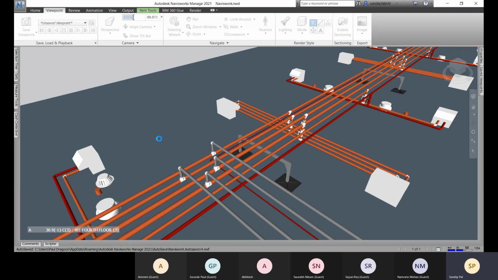Just a minute. Let's not do anything, otherwise it may hang. So let's hit done.